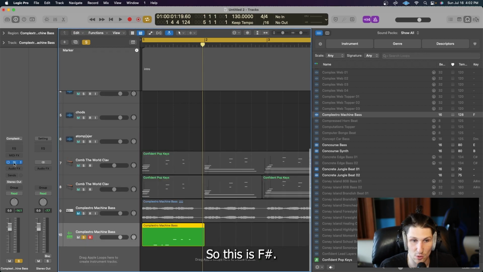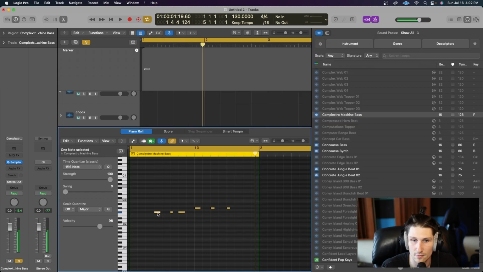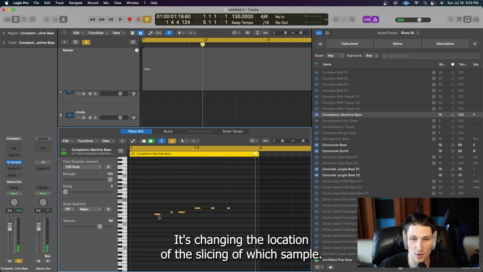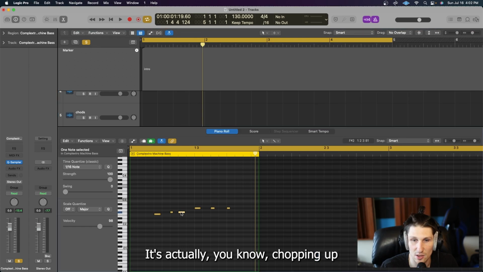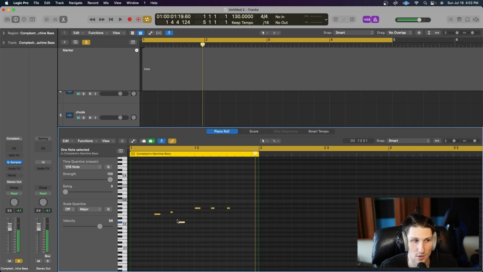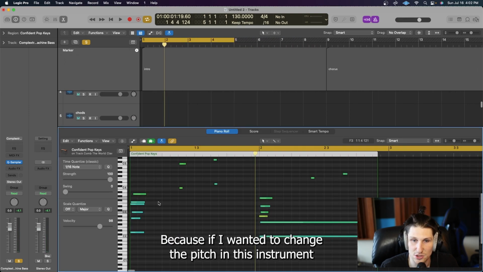So this is F sharp. If I open the sampler, F sharp here is going to play this note. Maybe not that note. That's the note. So it's not changing the pitch, it's changing the location of the slicing of which sample it's actually chopping up. An overwhelming example to show you what the difference is there. Because if I wanted to change the pitch in this instrument,